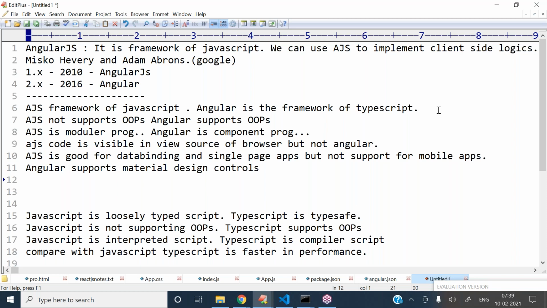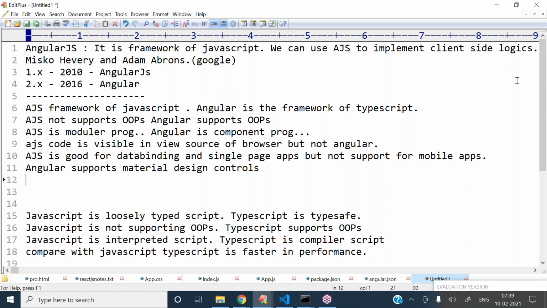These material design controls we are using to design applications with rich user interfaces.